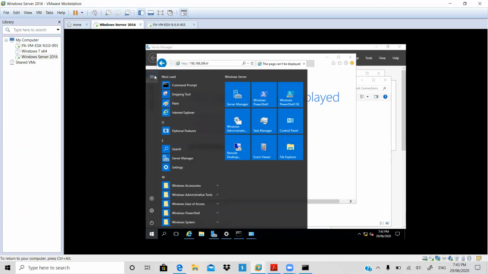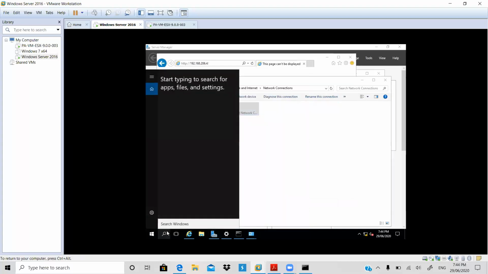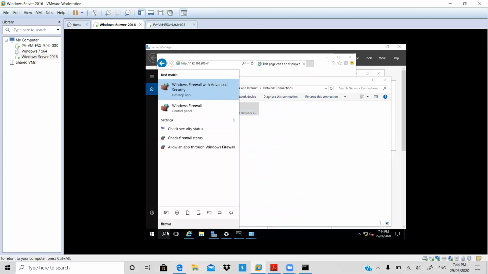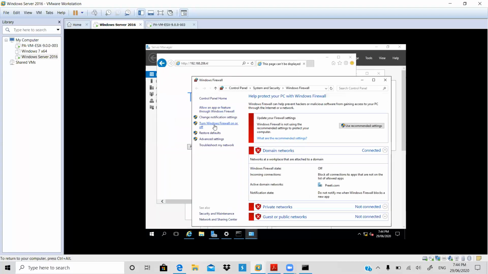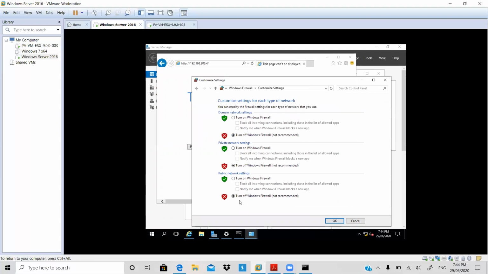I can't see where I can type. Here only, simply you type, no? It will come with the Windows firewall. Windows firewall is there, no? Come here. Turn Windows firewall on. It's off. All is off. Yeah. Okay.